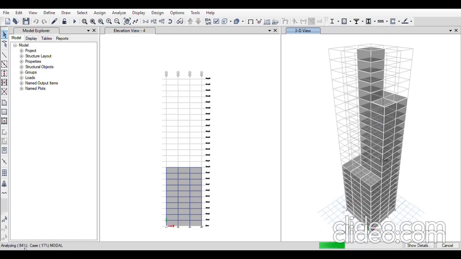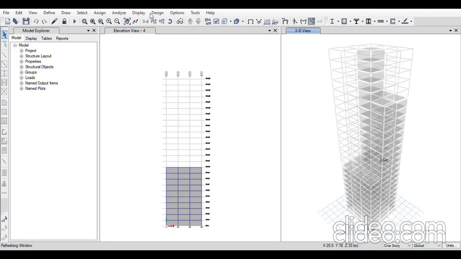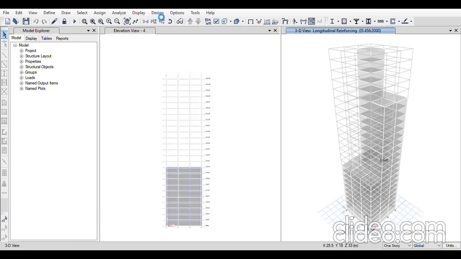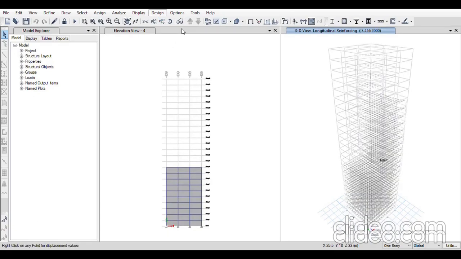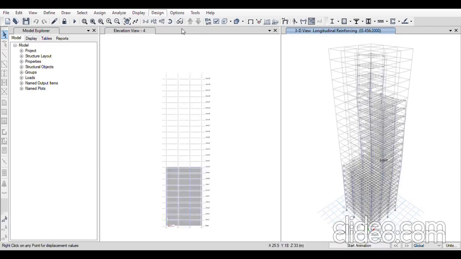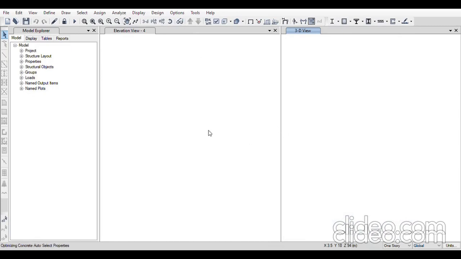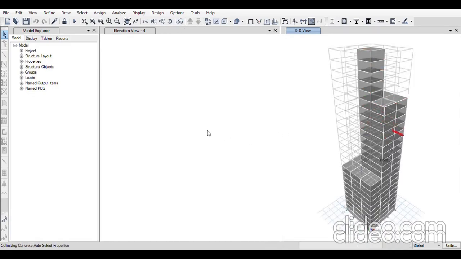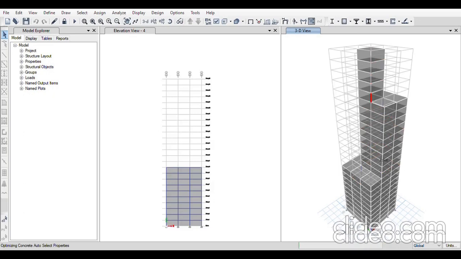It's still analyzing. And the model is ready. No beams or any structural elements will fail. I can check it out. Go to design, concrete frame design. Reiterating for all the 10 beam elements.